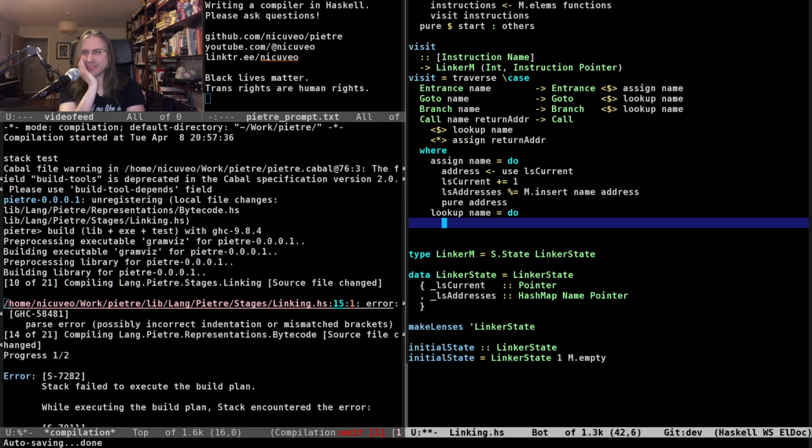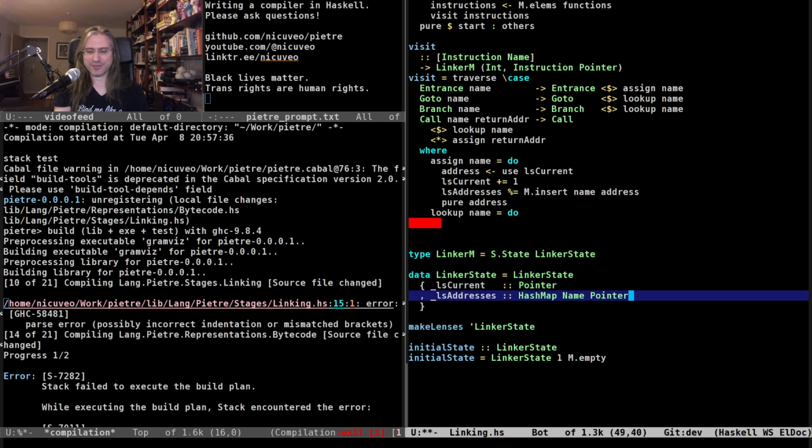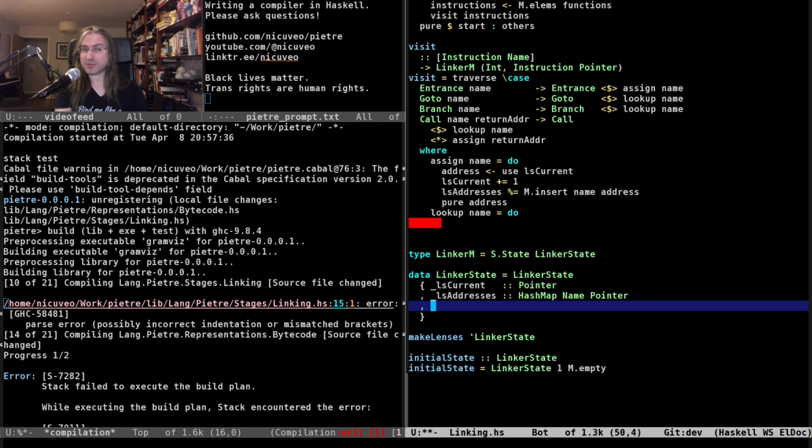Do I want to do this? I kind of do because it's fun, but it's gonna be a nightmare to debug if I get it wrong. I think I want to do some circular programming. Let's do that. So here I'm going to have the addresses, which is going to be my hash map of the thing. I'm going to have the register, which is a simple list of name to pointer.